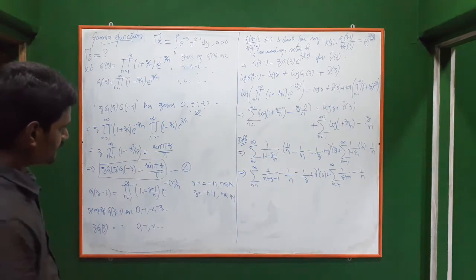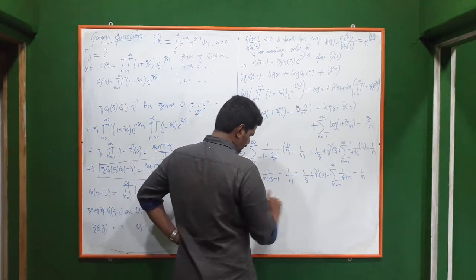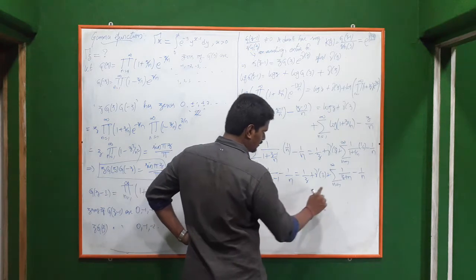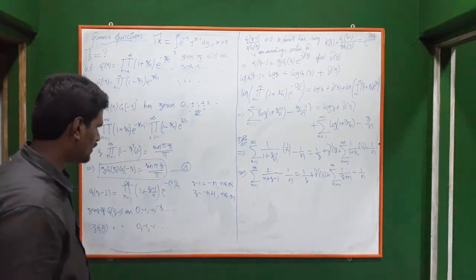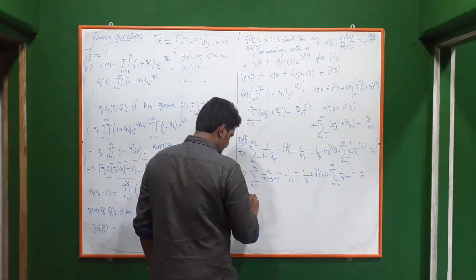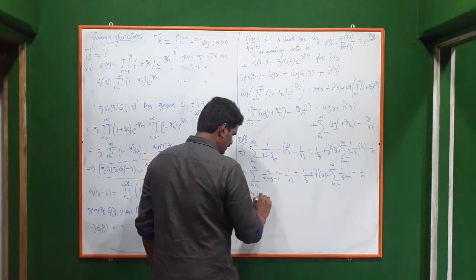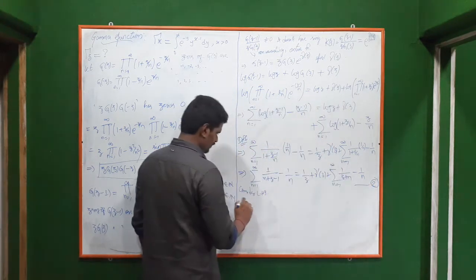Okay. Now what I have to do is find what this left hand side is. If I prove that this left hand side is equal to this series, then we are done. So take this separately and see what it is. Consider the left hand side. I'll call this equation 2.